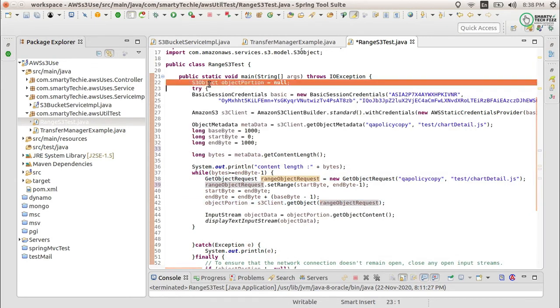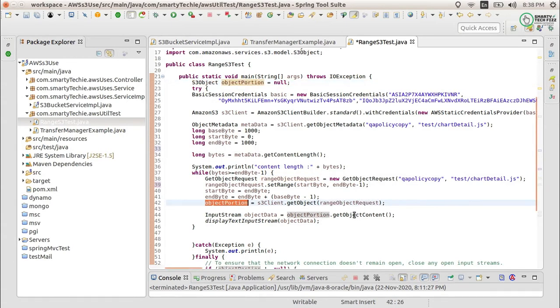That is the S3Object part, and that object I have used for getting the object content. So it will return back the content up to what has been downloaded. That is, up to this range, it will download the file, and that is going to be an input stream.